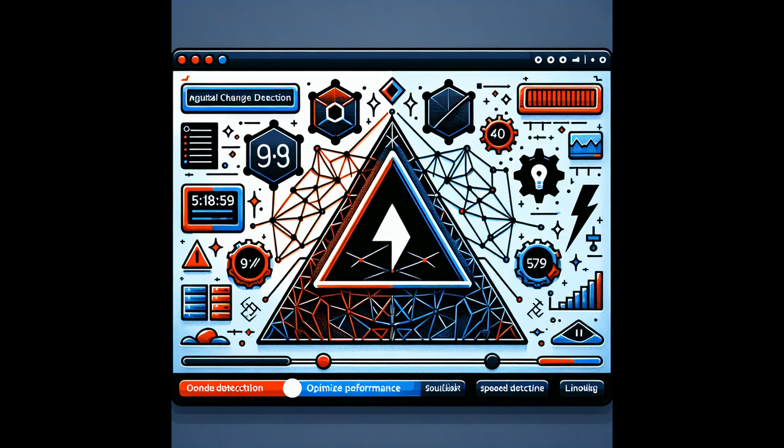Third, and this is critical, performance. Inefficient change detection can make even moderately complex apps feel sluggish. So optimizing it is absolutely key for a smooth experience. And beyond that, it helps with prioritization. Maintainability makes data flow easier to follow, and it's, frankly, essential for debugging when your UI isn't updating like you